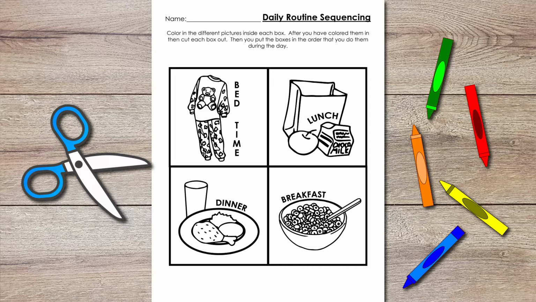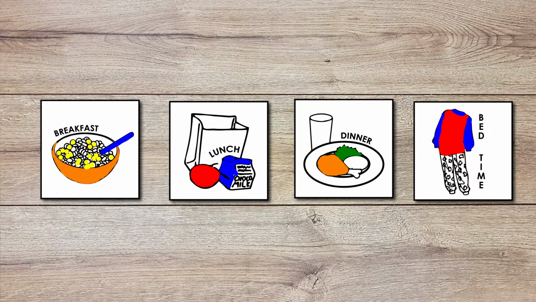Now what I want you to do is color in all these pictures. And after you're done coloring them in, then cut just the squares out. Okay, so you'll have something that looks like what Mr. Matt has here. So I cut all mine out, and I end up with 4 different squares that look like this. Now I didn't color mine in probably as good as you guys are,